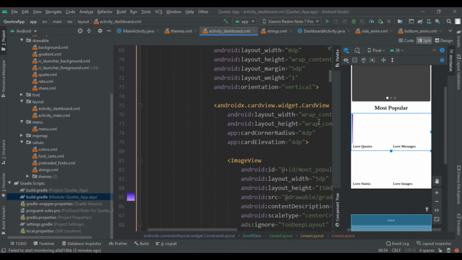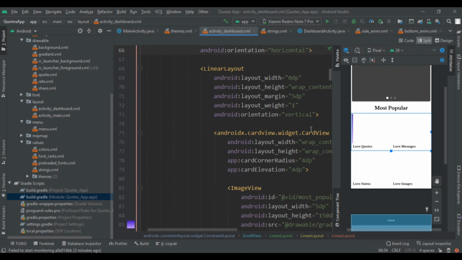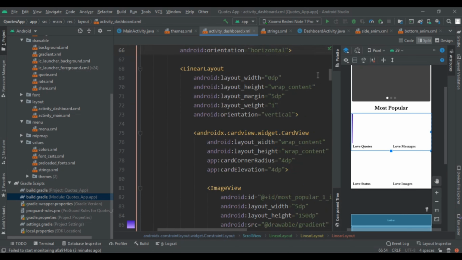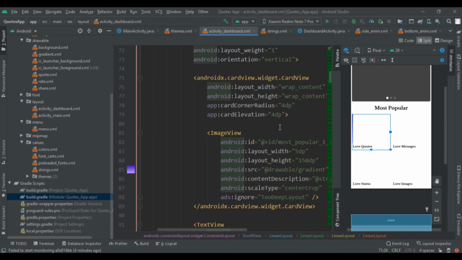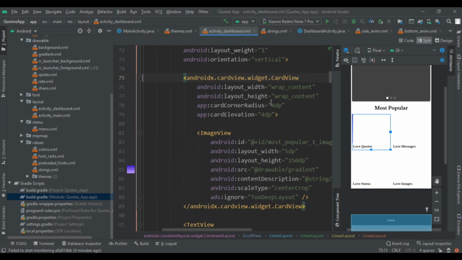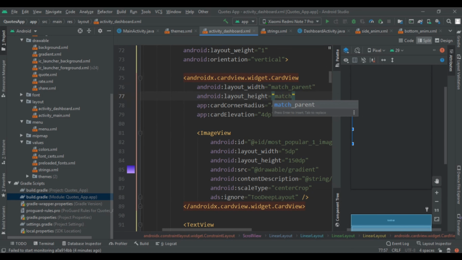So first I added one linear layout with width 0 dp and weight 1, and height wrap content, and gave its margin and orientation. Then I created one circular image. To make the image circular, I implemented a card view with width and height as wrap content, but let me use match parent and match parent to see what changes occur.